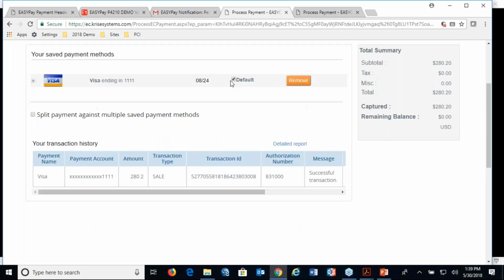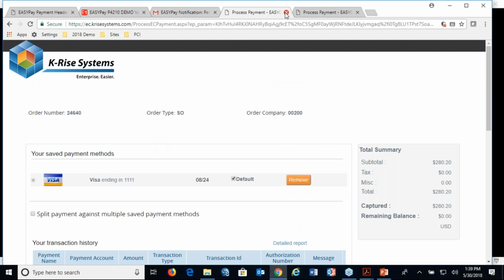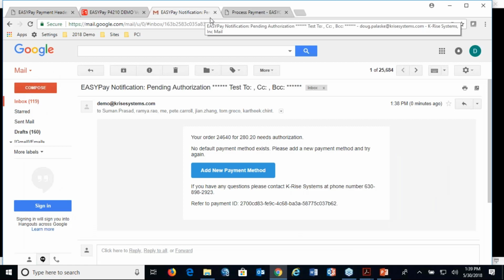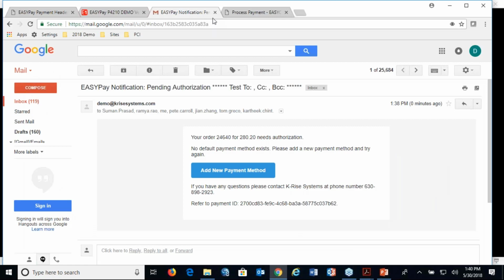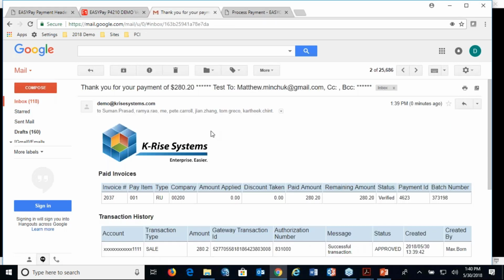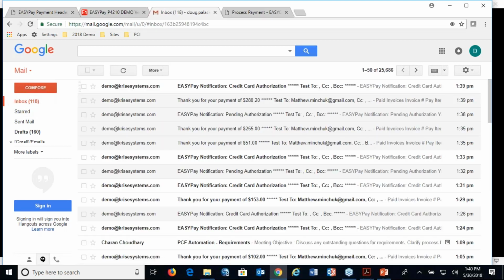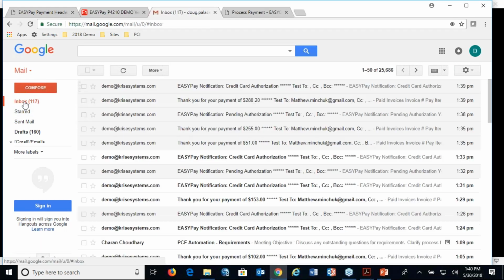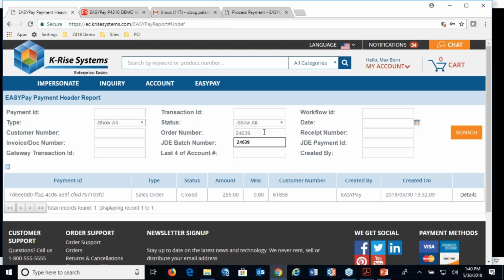Now, there we are. And once again, that's the customer working directly against, say, EasyPay and AWS, working against the payment gateway of your choice. And by the way, there are other emails. You can see this email, thank you for your payment of $280, and you see that information there. So if I was to now go into that report, and it's 4.0,